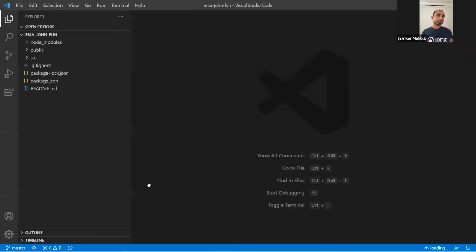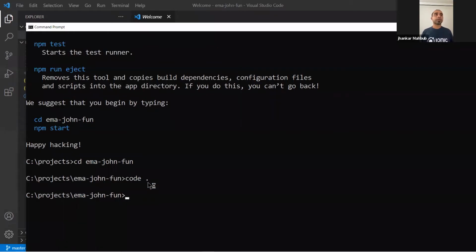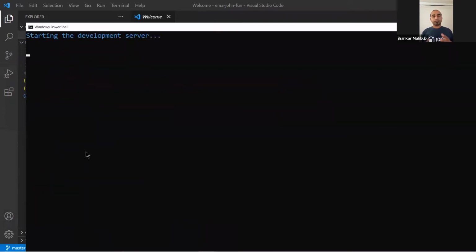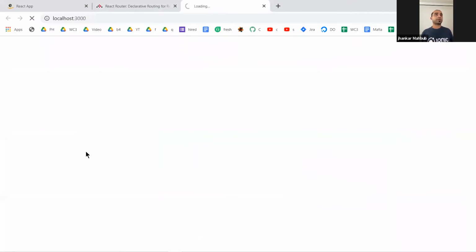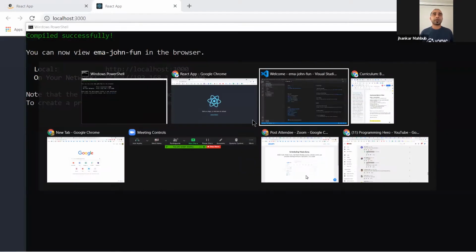It will open Visual Studio Code with this project, the exact same one that we used in the previous session. And after that, if we want to just see the output, we can write over here npm start. That's what they told us to do. And if we do so, this will create the output, whatever we are doing right now, in the browser. And currently, there is their default text. That's why this React icon is rotating.